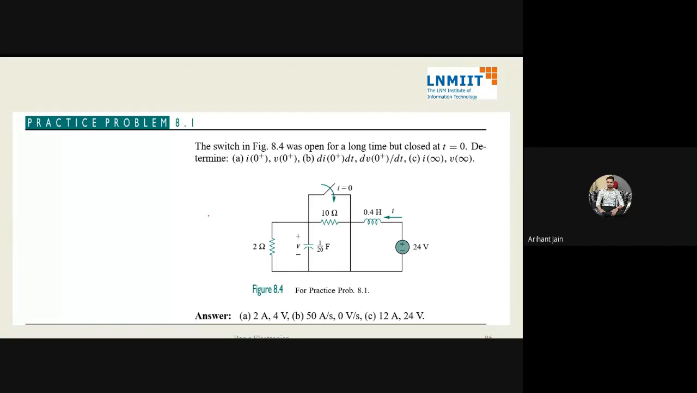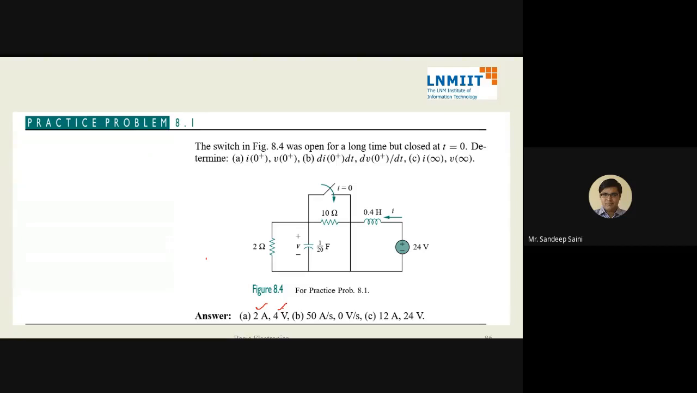I0 plus is 2. V0 plus is 4. So these are the things. Then I infinity, V infinity also you can check. I infinity is simple, it will be 24 by 2, and V infinity will be 12 into 2, 24. Okay,